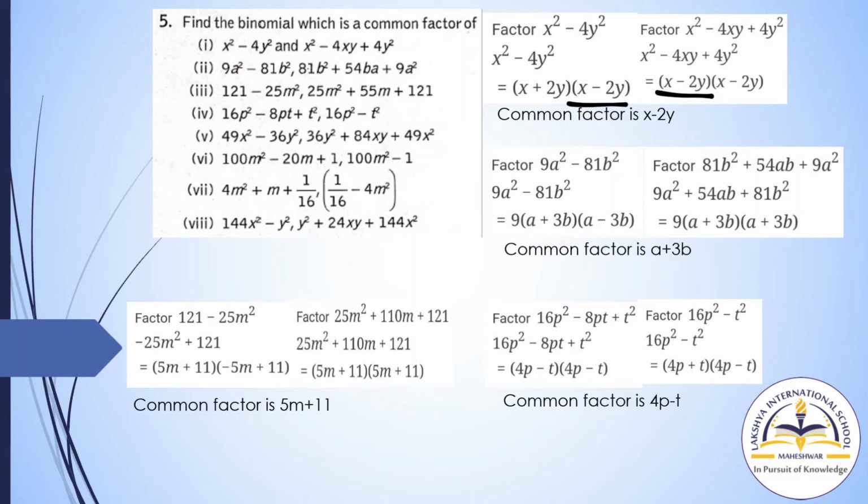This is the common factor in both the binomial terms. So we have to write the common factor is x minus 2y. This will be the answer. Now